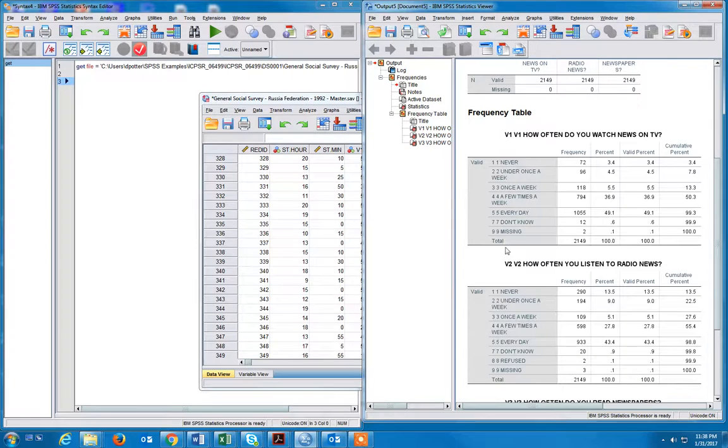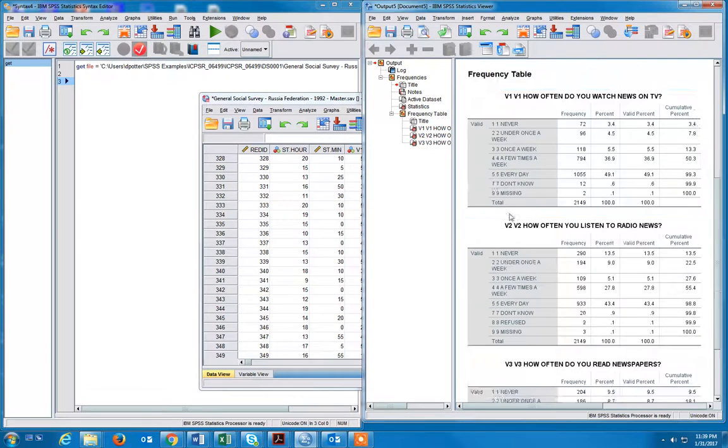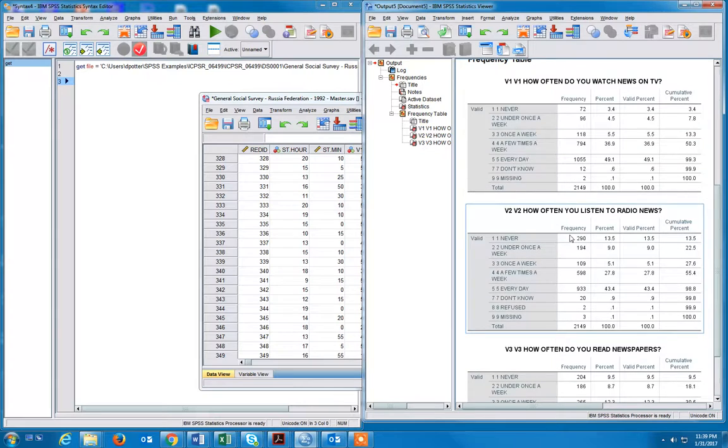Based upon the processing speed of your computer, this may go extremely fast. It may go a little bit slower. This data file is not that big, so it should not take that long to compute frequencies. But again, different machines are going to run at different rates. And so I can look at my variables here, and we can see we got our values of